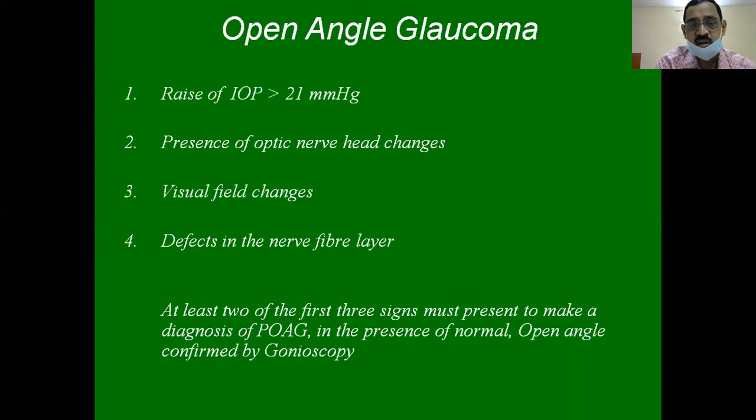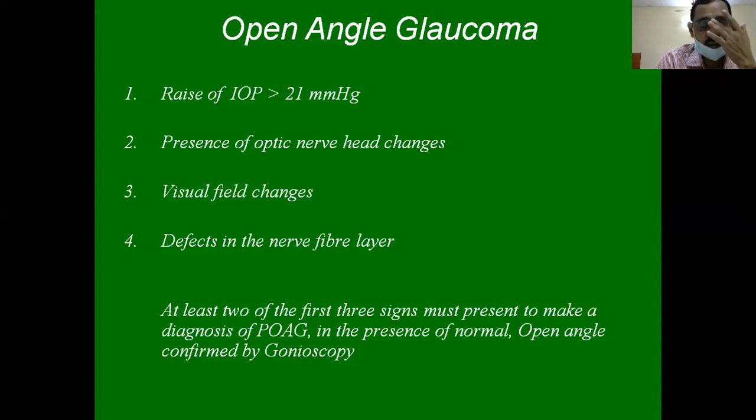The intraocular pressure, normally we measure it with Schiotz's indentation tonometer or a Goldmann applanation tonometer. This is actually the gold standard. I have already shown you how we take intraocular pressure with Goldmann's applanation tonometer. And Schiotz's indentation tonometer, I will talk about in a few slides to come.